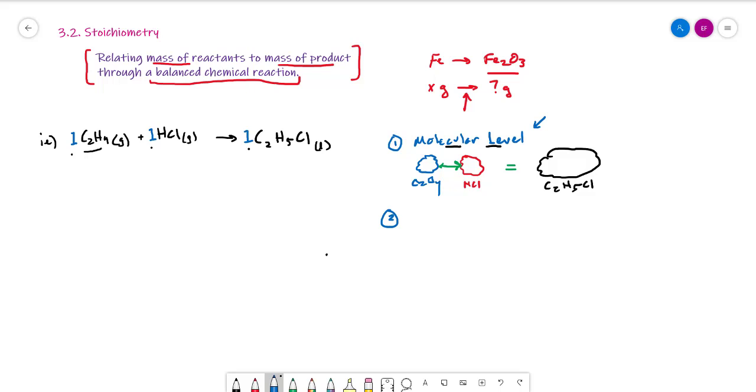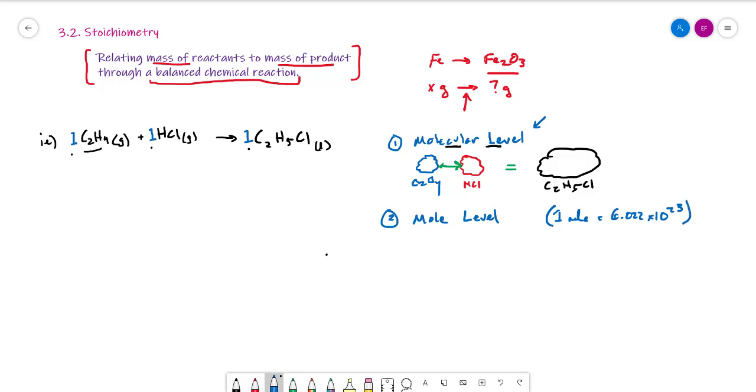But in a lot of other contexts, we want to think about these things at the mole level, and the reason is that we're often not thinking about reactions with one molecule reacting with another molecule. We're thinking about bench scale or lab scale reactions. At that level, we're thinking about trillions and trillions and trillions of molecules at the mole level. Remember, 1 mole is equal to 6.022 times 10 to the 23rd of whatever that object is,